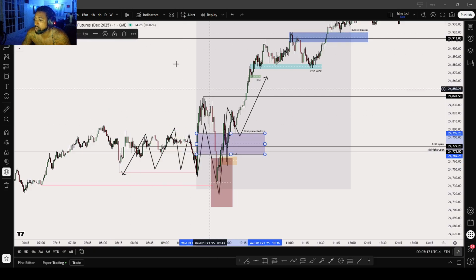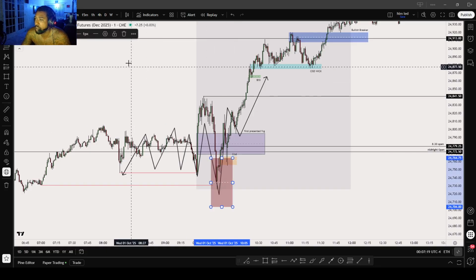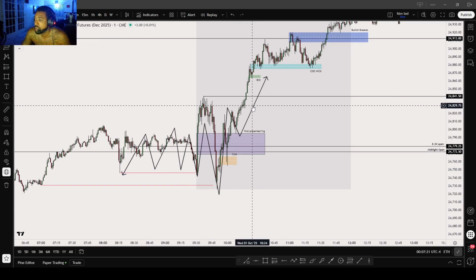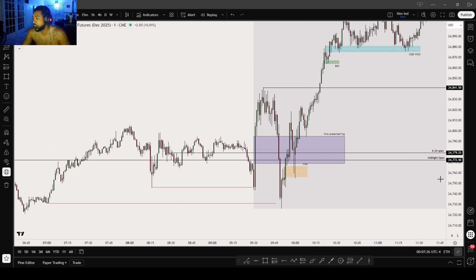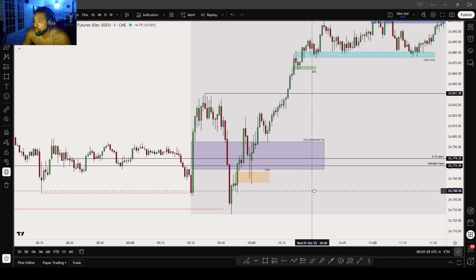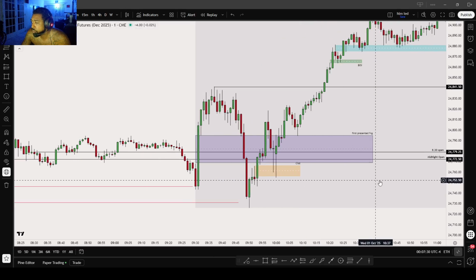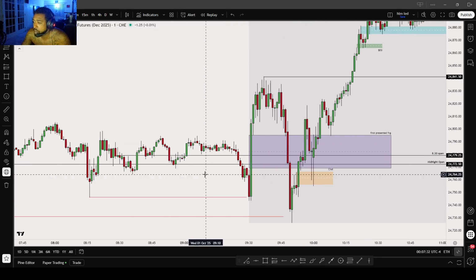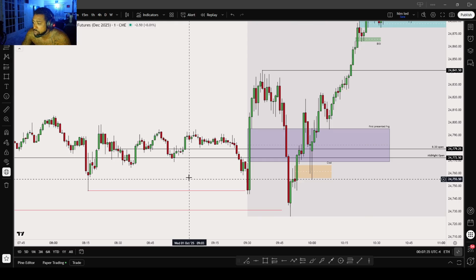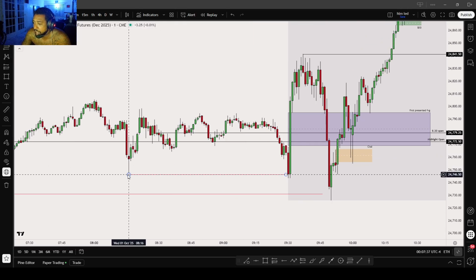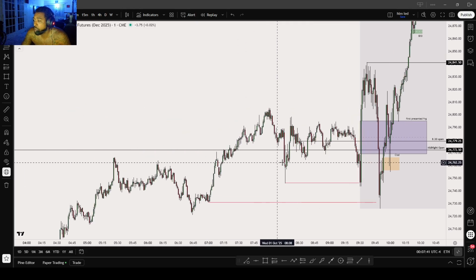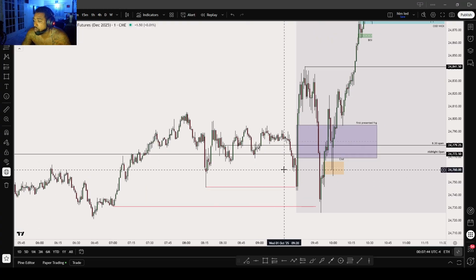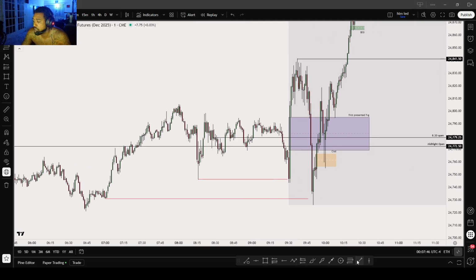So let's delete all these zones right quick so we can get right into price action. Unfortunately, I wasn't able to capture this move because I got up and left, but it's okay because we can always get better. So we got the 9:30 open. It came down, sweeping out these lows right here at 8:16. We had news at 10 o'clock. We actually created an SMT divergence with ES and Q, with this same low.